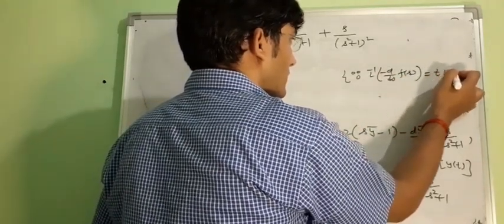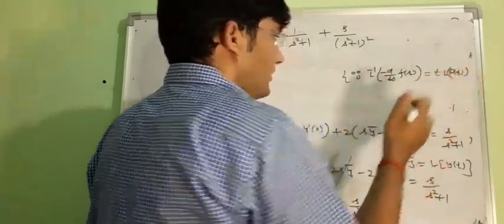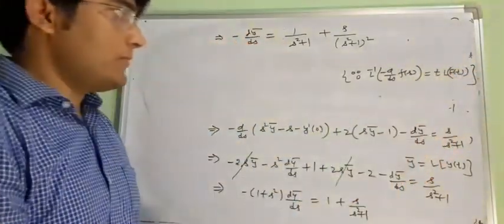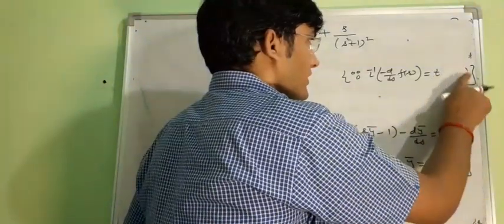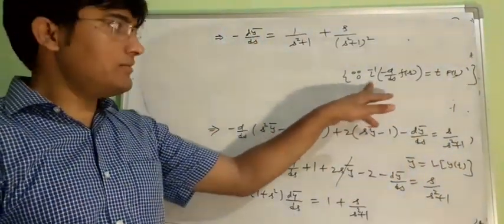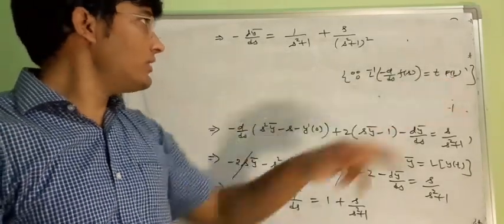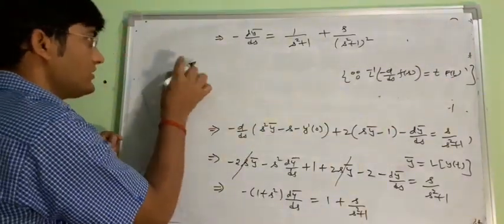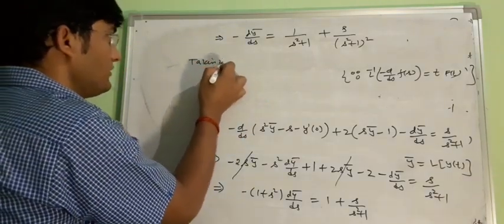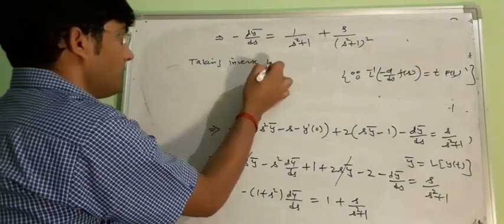Please note that we have a formula of Laplace inverse of minus d by ds F(s) as t into f(t). Now here we will use this particular formula. So this was t into f(t). Here we will use the formula that Laplace inverse of minus d by ds of F(s) is equal to t into f(t). So taking the inverse Laplace transform on both sides,